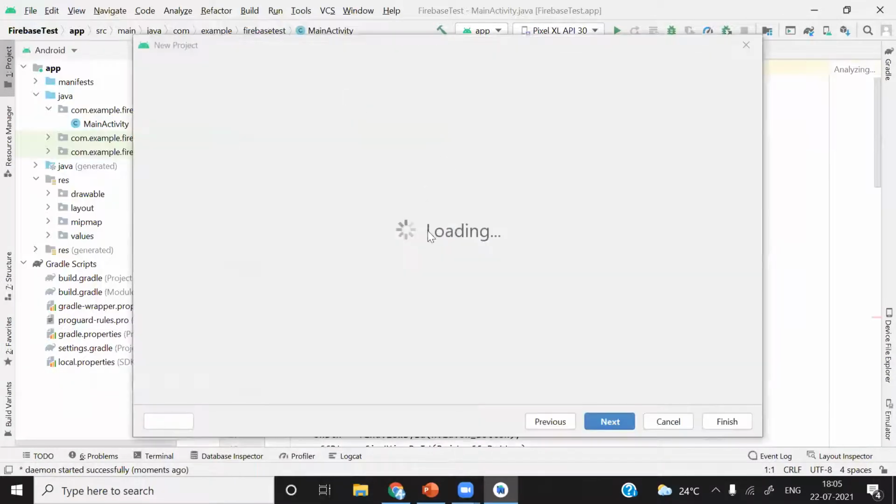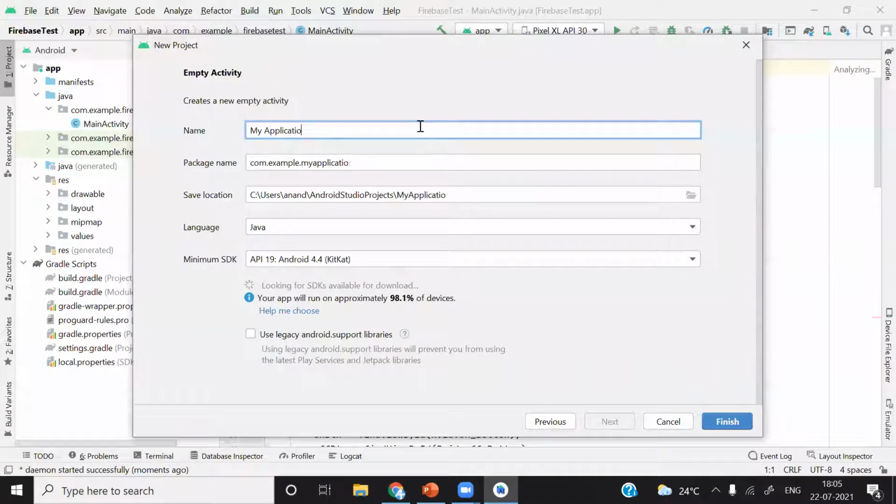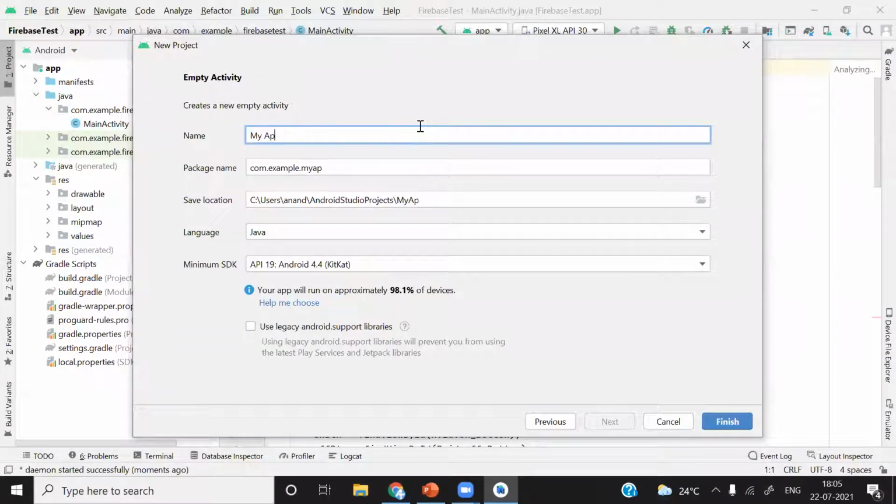I'll create a new project. So I'm repeating this process. Select the empty activity, give whatever name you want to give. So I'll give Firebase test 2.